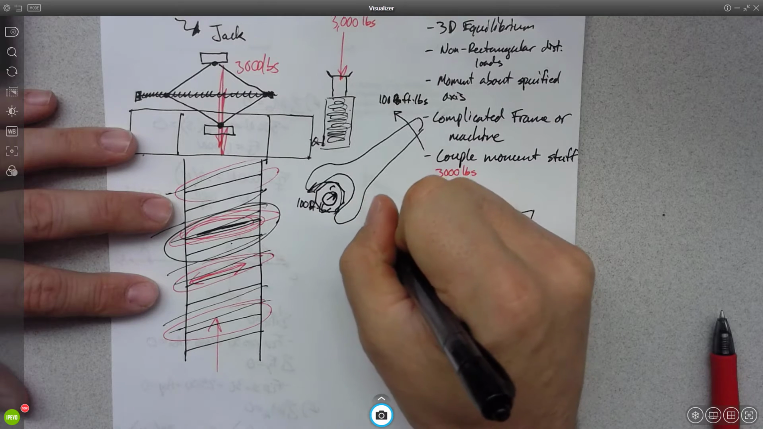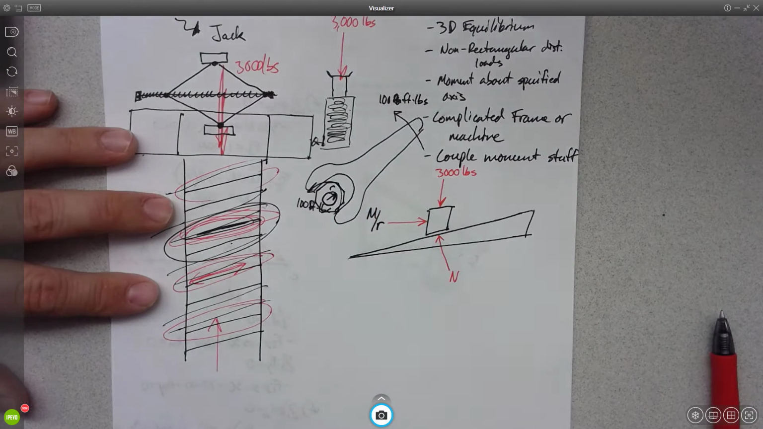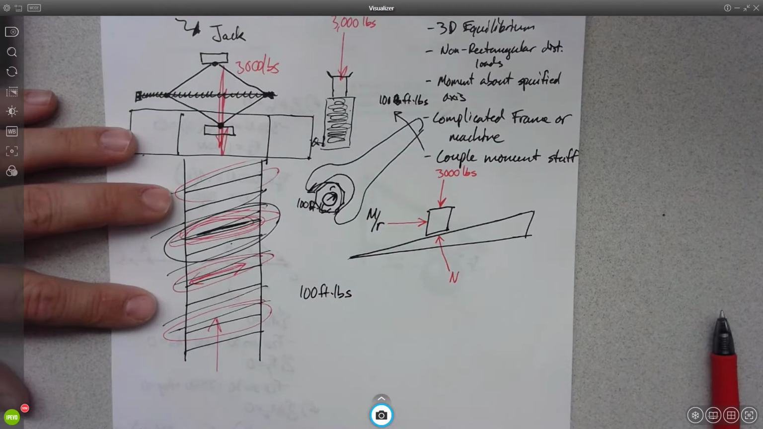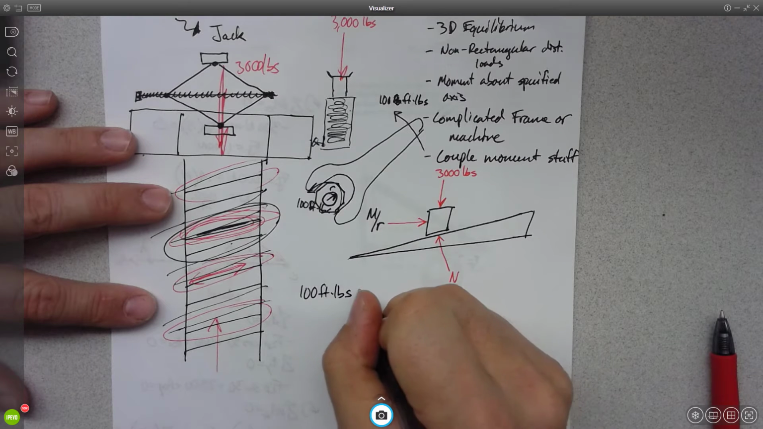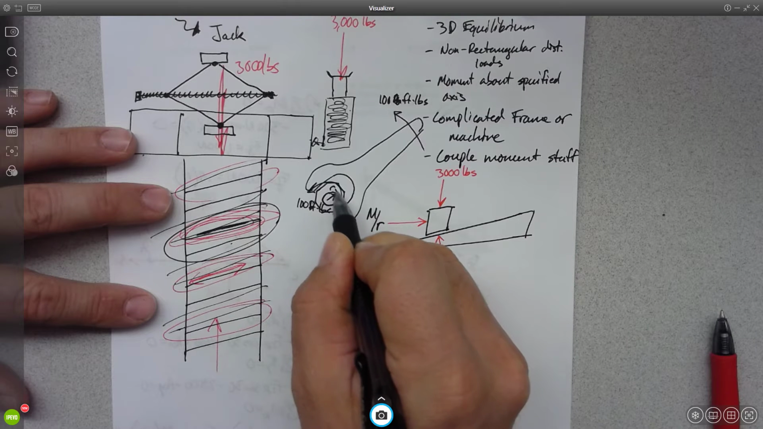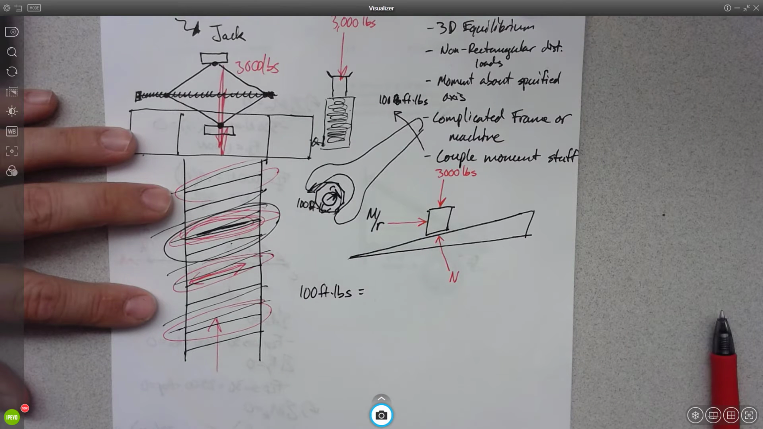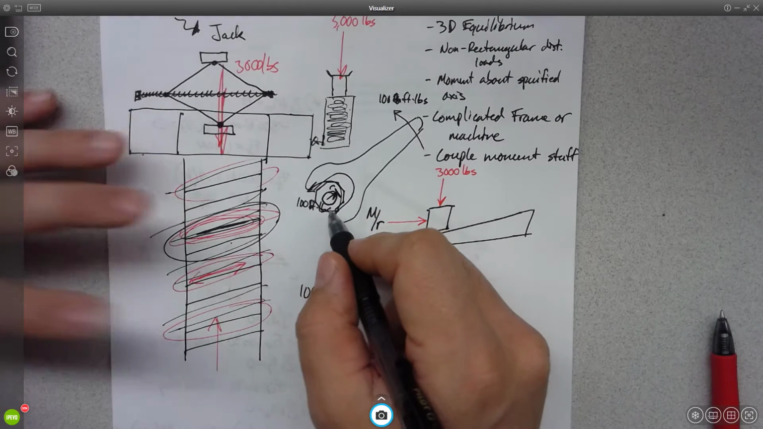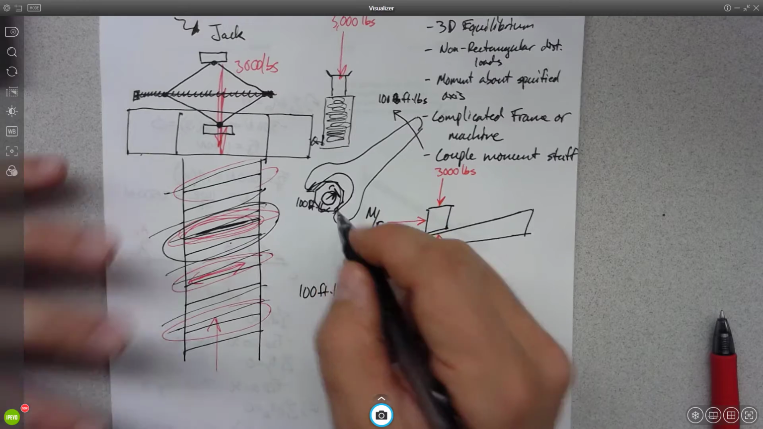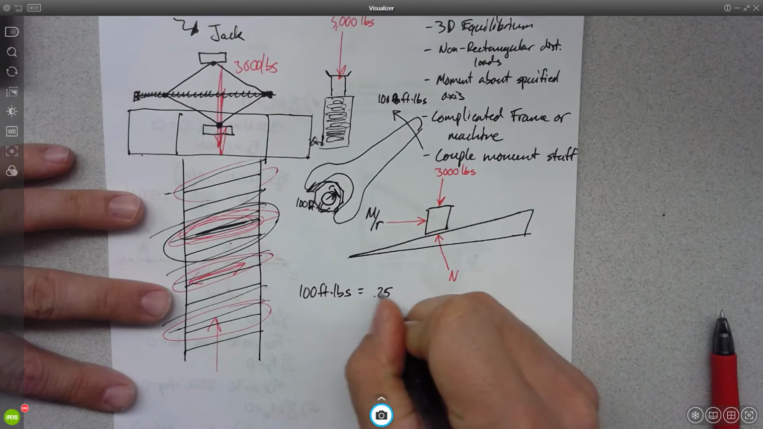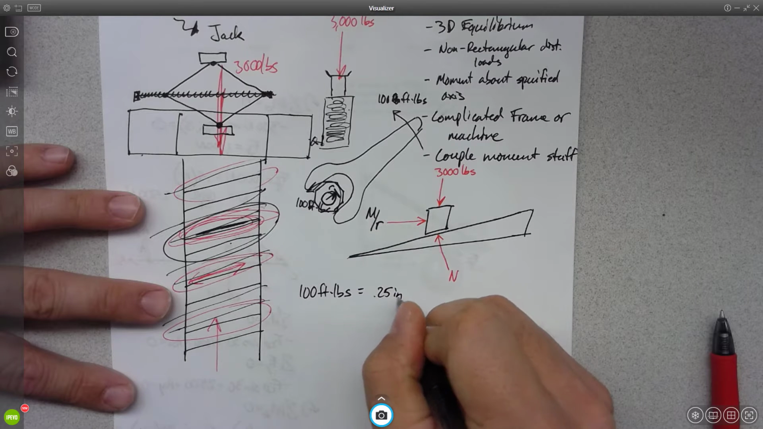So if I take that moment and divide it by R, that would give me the force that's acting there. What I'm saying is if I have 100 foot-pounds of twist, caused by the friction right on the surface of the bolt, let's say it's a 1/2-inch diameter bolt, so a 1/4-inch radius. That means 100 foot-pounds is 0.25 inches